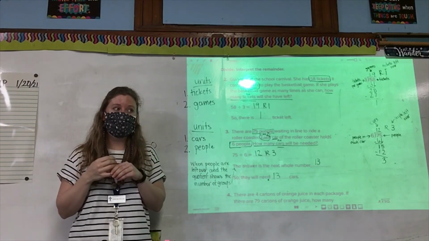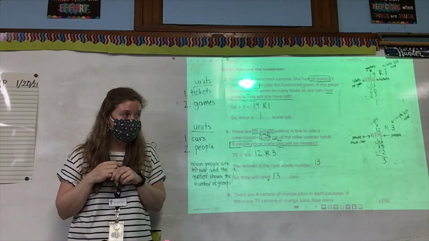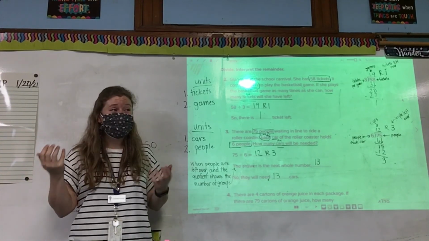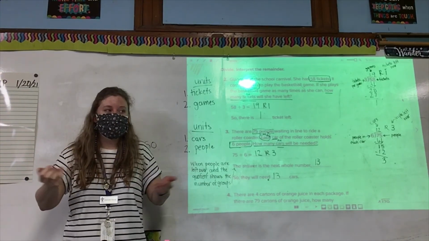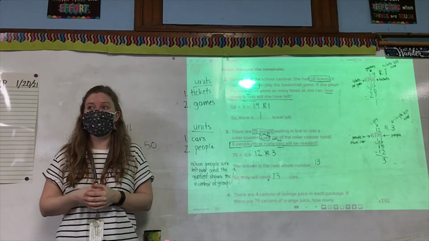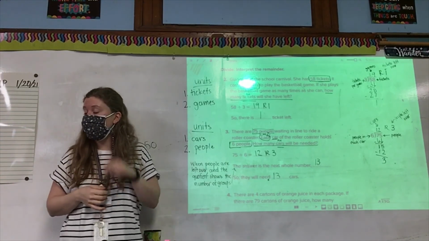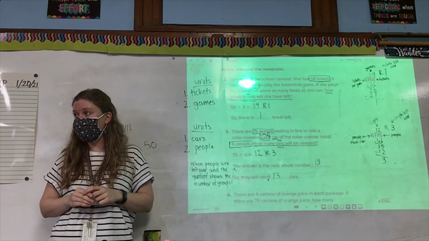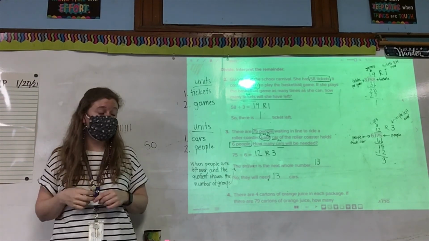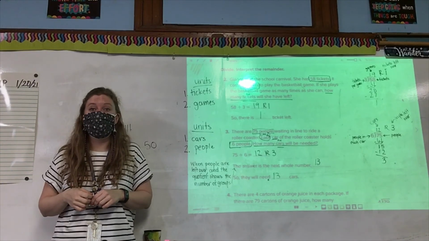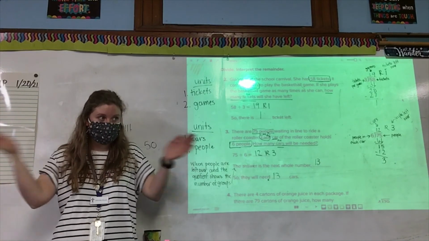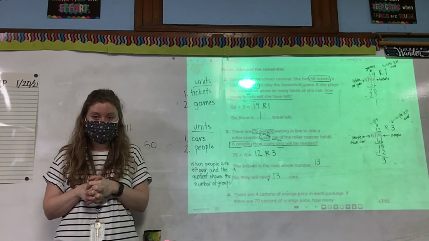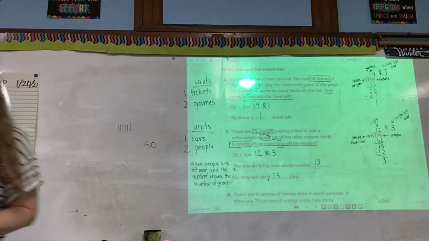What's going to happen on the check my progress, Zadie? You're not going to know what to do. You're going to get it wrong. You're going to think you maybe know what to do. You're going to guess. You're just going to rush through it. You're going to get it wrong. And then what's going to happen when you get to the test? Victoria, you're not going to know what to do. You're going to get a bad grade. And then what's going to happen when you get to the Iowa test or whatever testing we do this year? Zari, we won't know what to do. And if you don't know what